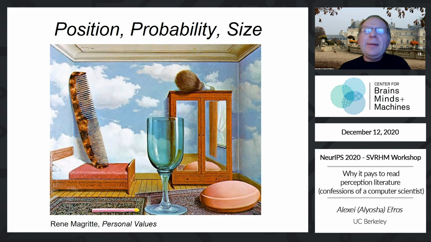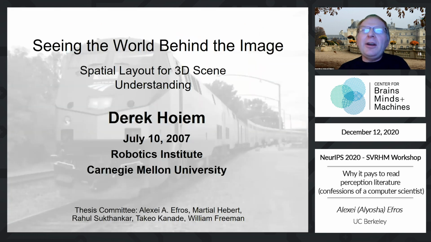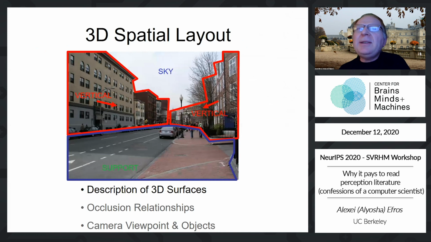And so then I realized that we really need to deal with all of these things, and if we can get there, then we can maybe try to understand a scene. And this is what I convinced my very first PhD student, Derek Hoiem, to take on. He was super brave, because I thought it was like 20 years' worth of effort, and he didn't know better, so he took it on, and he basically looked at trying to understand a 3D spatial layout from a single image, okay,